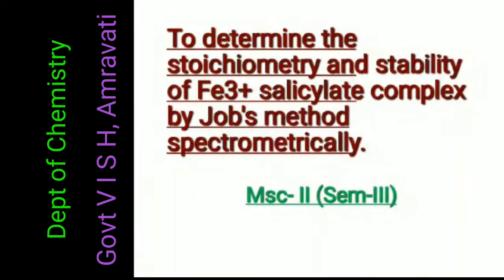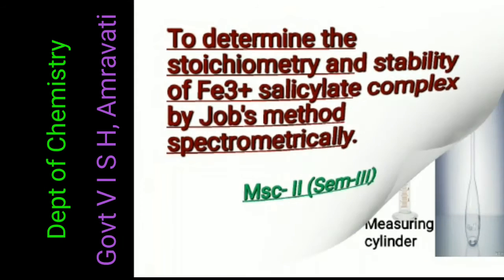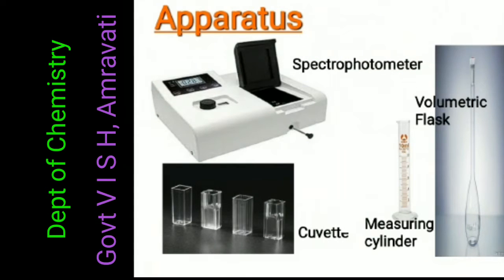Students, today we are going to start the new practical which we have to perform, and the aim of today's practical is to determine the stoichiometry and stability of the Fe3+ salicylate complex by Job's method spectrophotometrically. So before starting the practical, first of all we'll have a look at the apparatus which we have to get